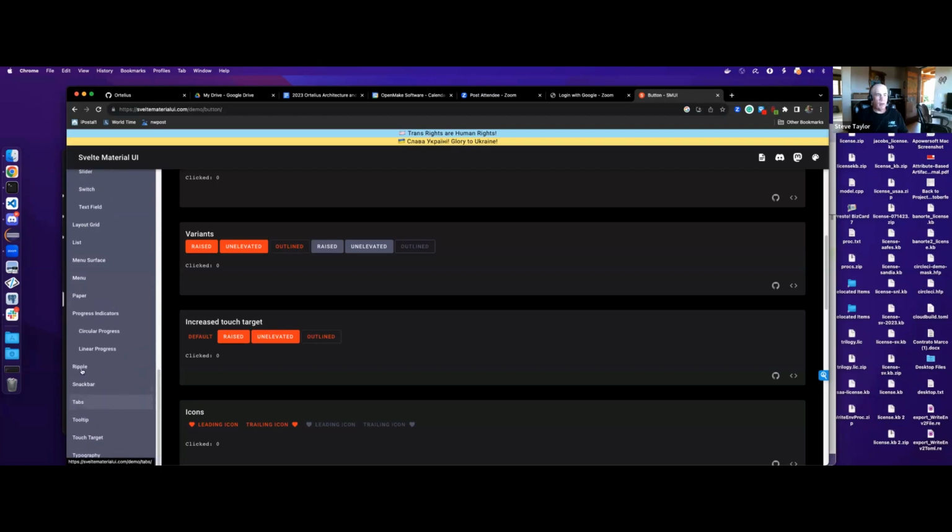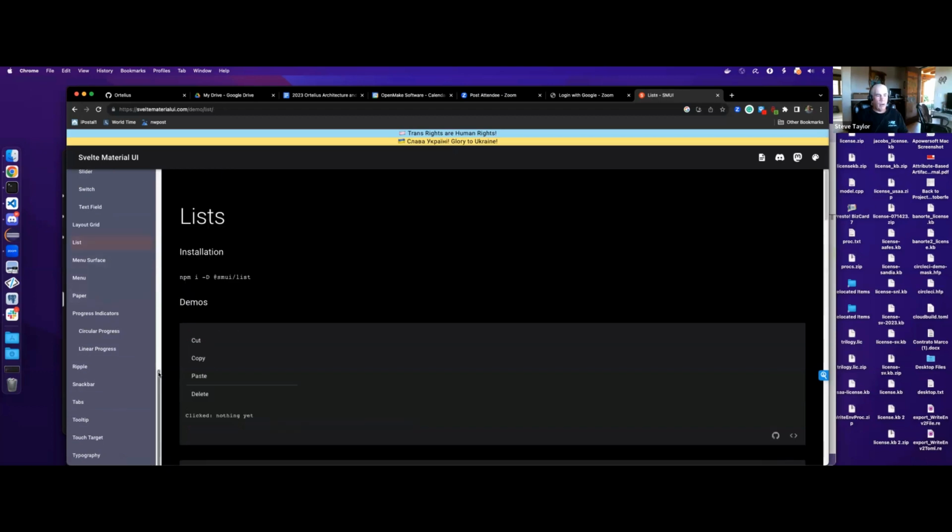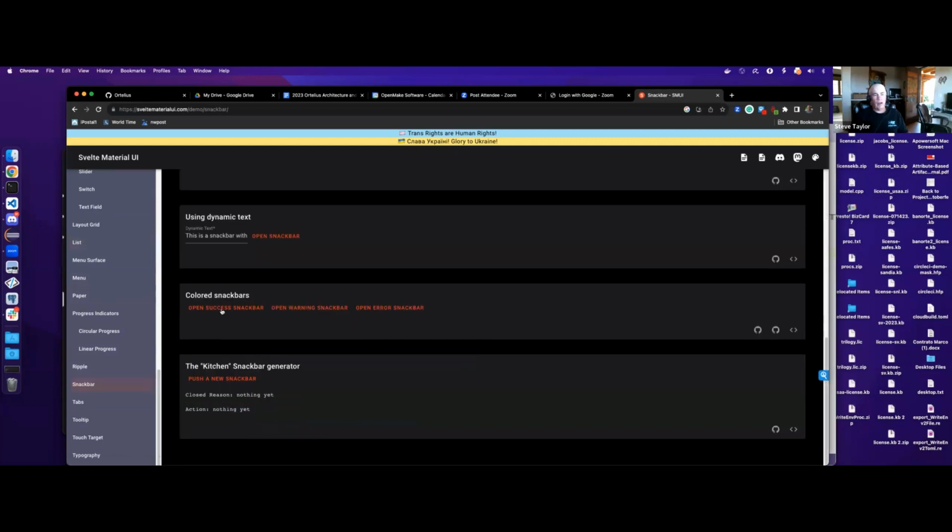Where's table? We have the list, and things like snack bar, which I thought was pretty slick. Where to put up the little pop up at the bottom for things like that. So it has everything that we needed. There's data table.